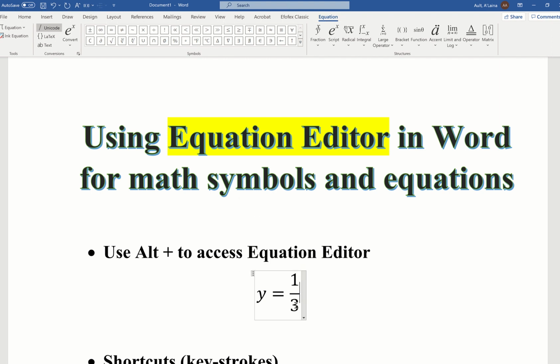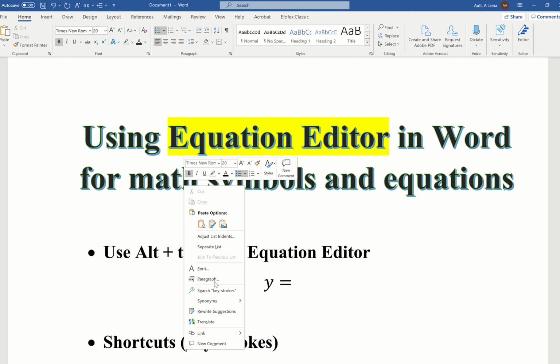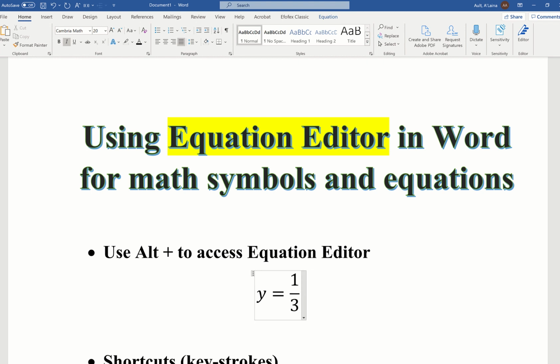A faster way, a shortcut, is to just use the / bar. So if I did 1, oops, sorry, I'm not in my equation editor anymore. Let me arrow to get back in to see the little box. That's how I know I'm in there. If I did 1/3 and then hit space, it will default to straight up and down. So if I wanted to do like 1/3 of x,